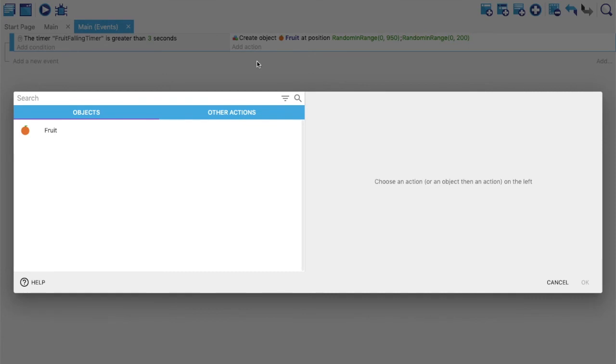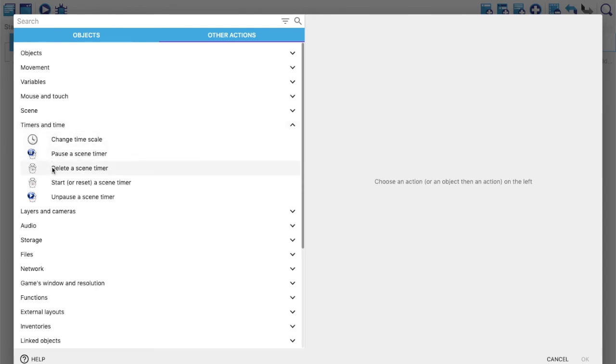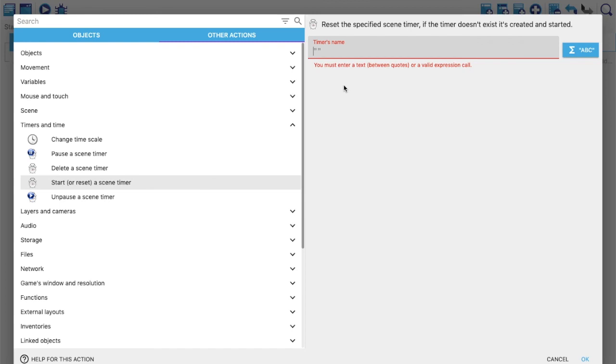So for this I will go to action and I'll go to other action. I'll go to timers and time, and there is an option called reset or start a scene timer. I'll click on this and put the same name, exactly the same name, fruit falling.